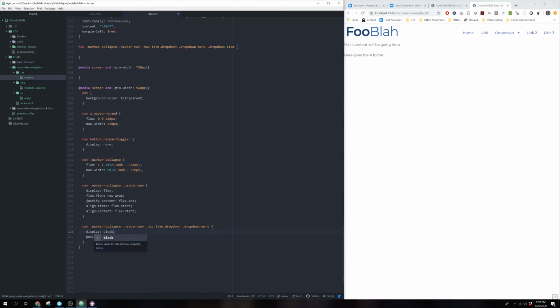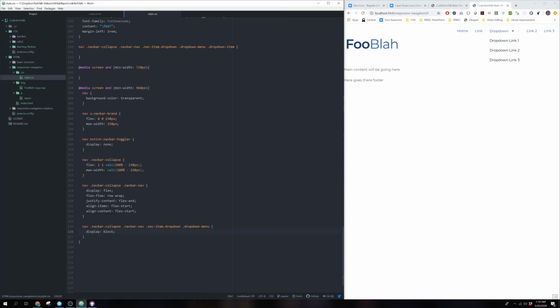Display block. When we bring it back and we have a position of absolute, it takes the reference of the drop down element right here, and then it takes its positioning from it. So now here, that's why it shows up right below it. If we didn't have this absolute here, that's why it grows, because again, it makes this other menu itself grow